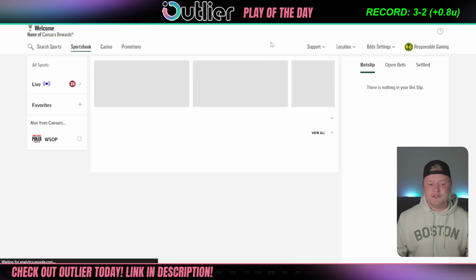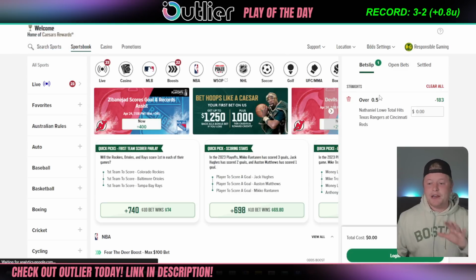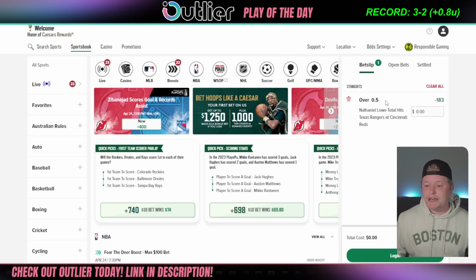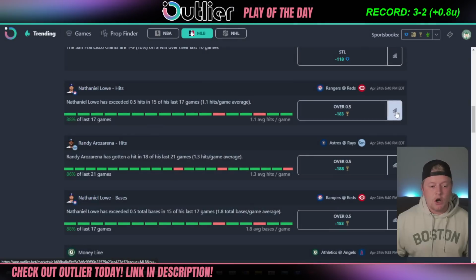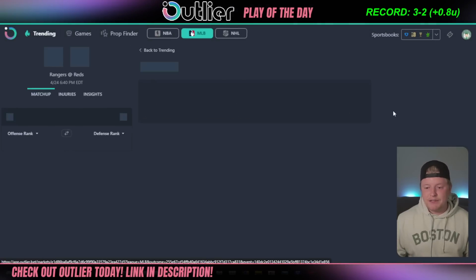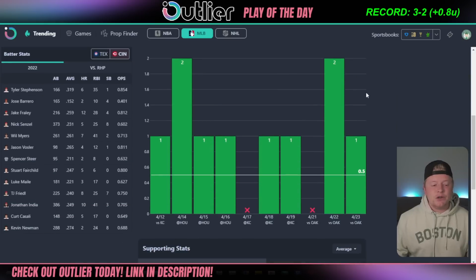If I was logged in, it moves a little bit faster here, but you can see on the right, I'm not even touching anything, and then boom, this is now ready to go. Now we're not logged in, so we can't place it, but that's super, super simple, right? So let's clear that, but let's also say you can go in. Even if you like a play, you can go and click these graphs here, and you can kind of look in and start to investigate yourself.